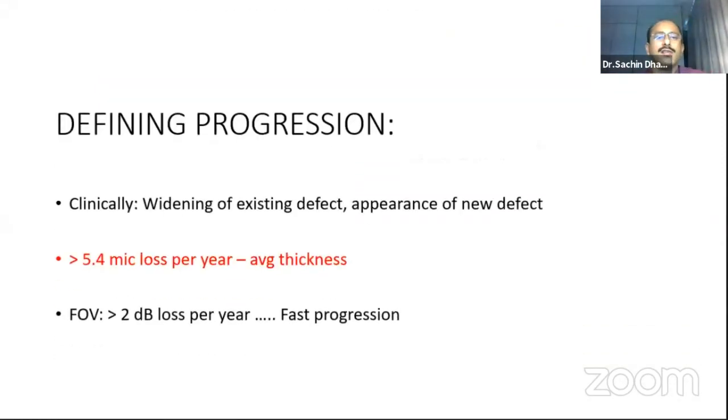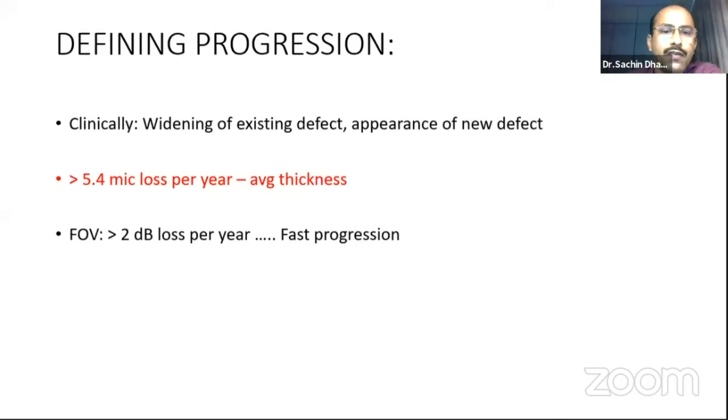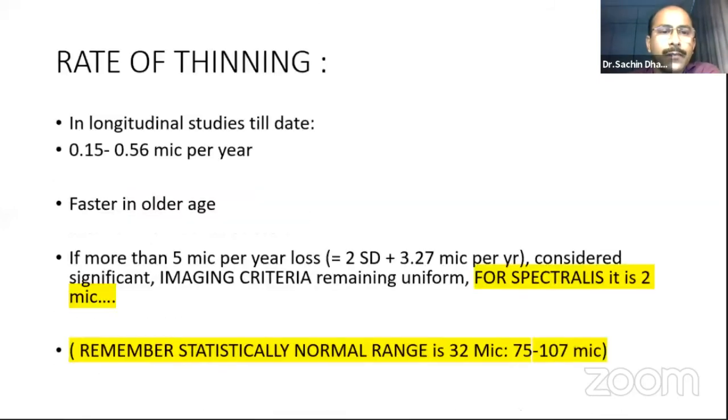Spectralis progression also you can make out very easily. You can see progression clinically as widening of a defect or appearance of a new defect. You can see changes in average thickness, and you can see changes in the decibel value. Rate of thinning in normal people is 0.15 to 0.56. For Spectralis, you can pick up changes as small as 2 microns due to its